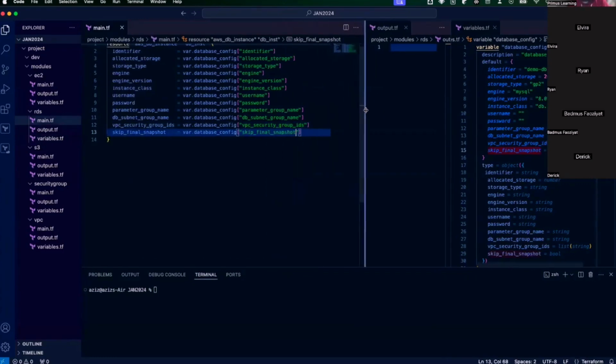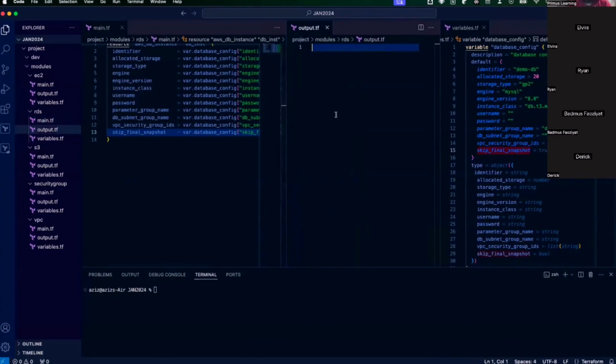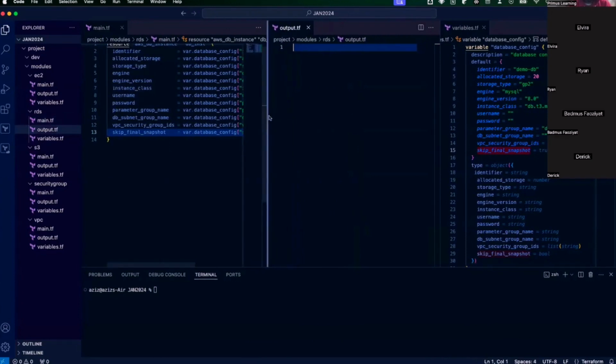Okay, so that is the config, and we can output maybe the database username and